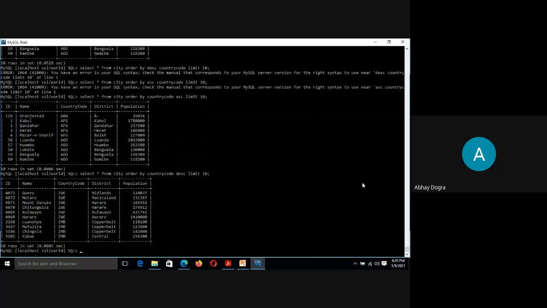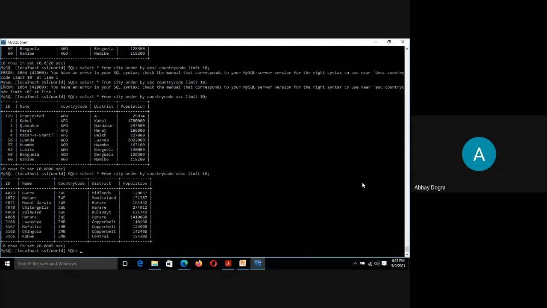You can see now. So DESC and ASC. ASC is ascending order and DESC is descending order. So in case you want to display the data in ascending or descending order, then we can use the order by clause.